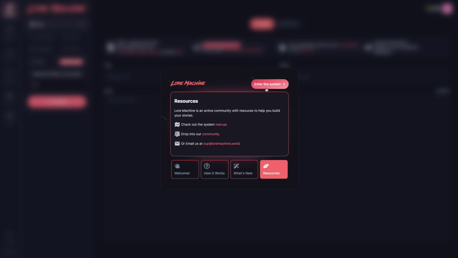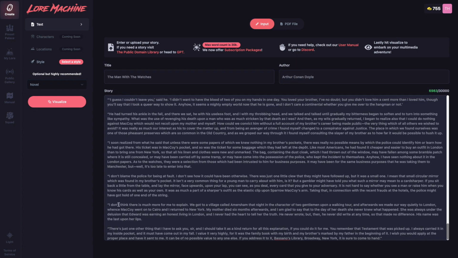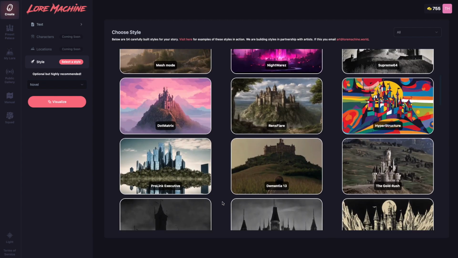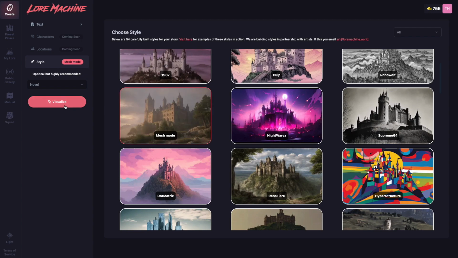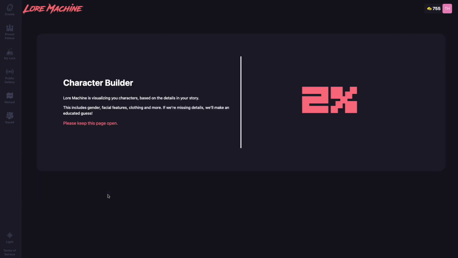Like usual, we head to the Create page, check out what's new, and then enter the system. Just enter your story title, the author, and then I've got this story dialed in on the copy and paste here. So for this story, we're going to render using mesh mode, which is a video game inspired pixel heavy image model. And then we're going to synthesize the story, pick up all the important information that we need, followed